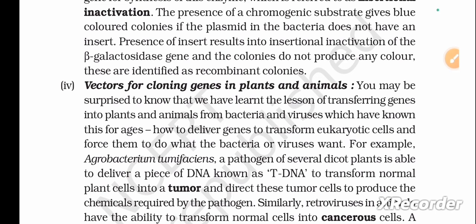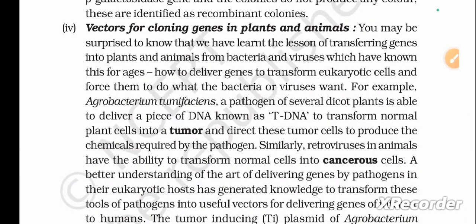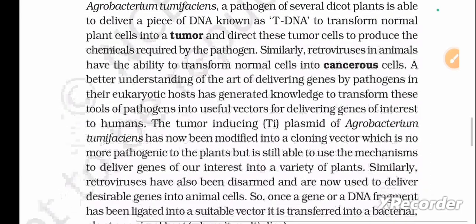Agrobacterium tumefaciens, a pathogen of several dicot plants, is able to deliver a piece of DNA known as T-DNA to transform normal plant cells into tumor cells and direct these tumor cells to produce the chemicals required by the pathogen. Similarly, retroviruses in animals have the ability to transform normal cells into cancerous cells. A better understanding of the art of delivering genes by pathogens in their eukaryotic host has generated knowledge to transform these tools of pathogen into useful vectors for delivering genes of